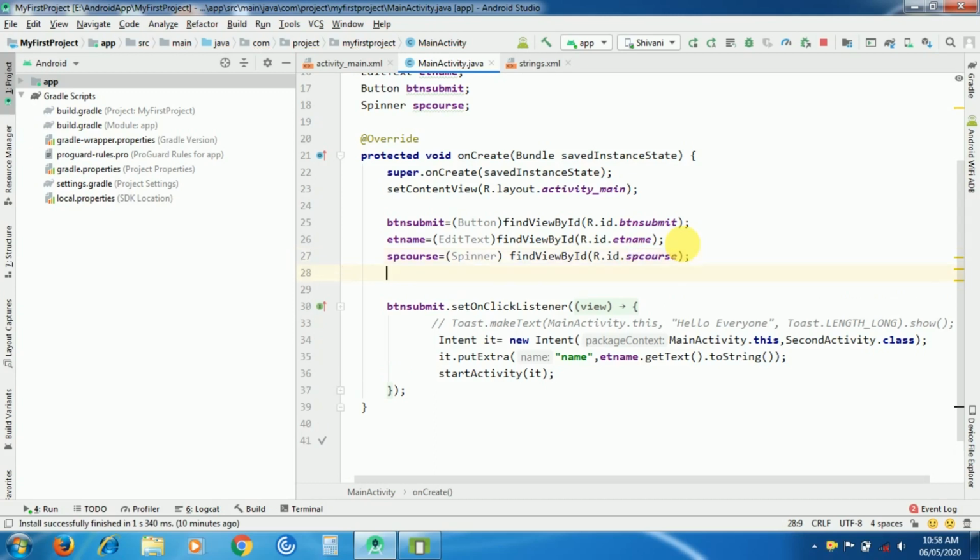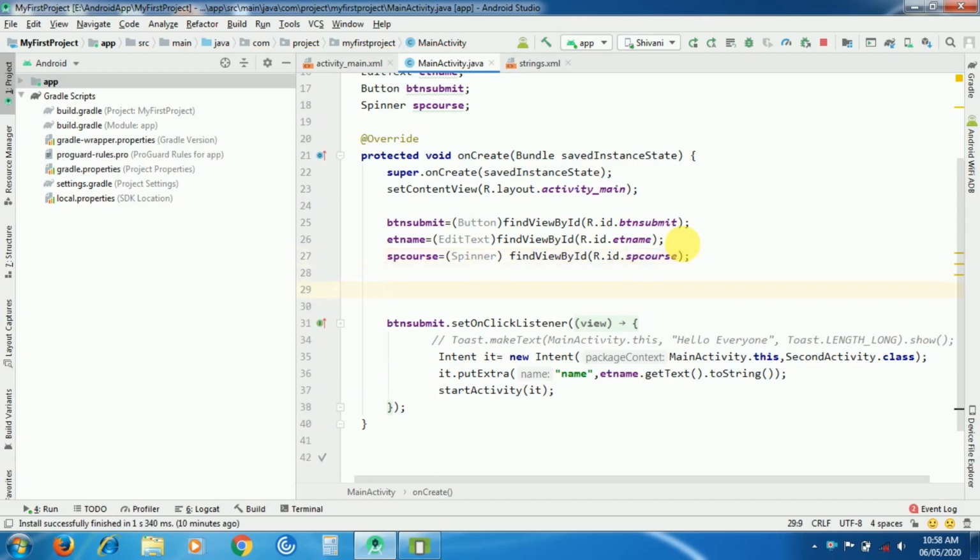Now what we have to do is, when I select any item from the spinner, it will show me the name of that list item and its position in a toast message. So let's start with the on-click listener of spinner.